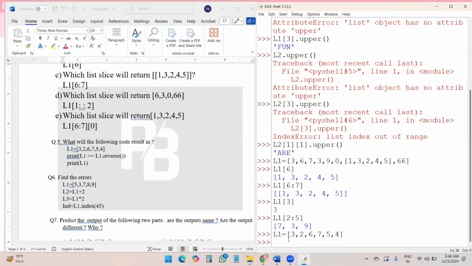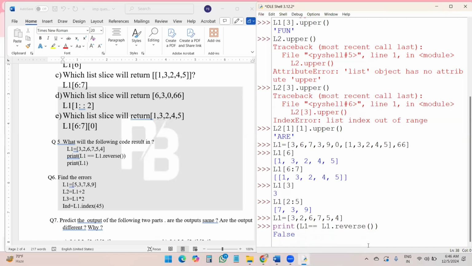Now, if I am writing print(L1 == L1.reverse()). So what is the meaning of this? Here, L1 is there. Here, this method reverses L1 because this is a function I am applying. So it is False, simply.